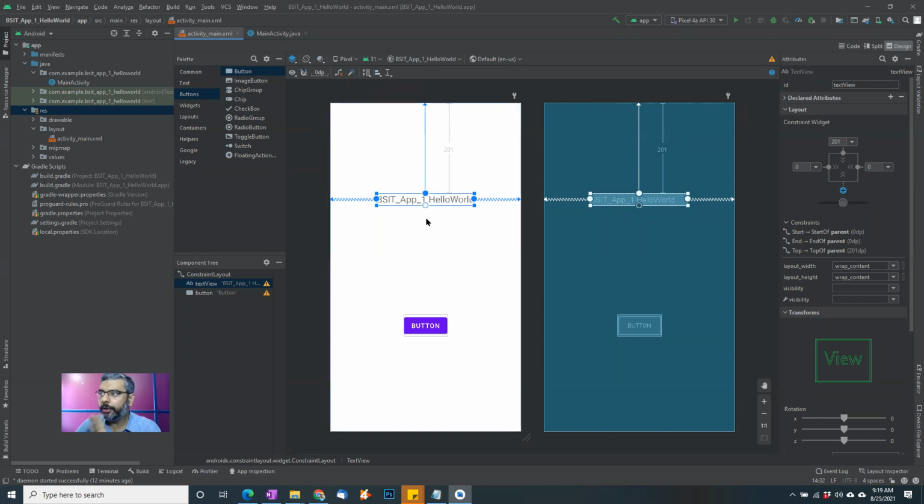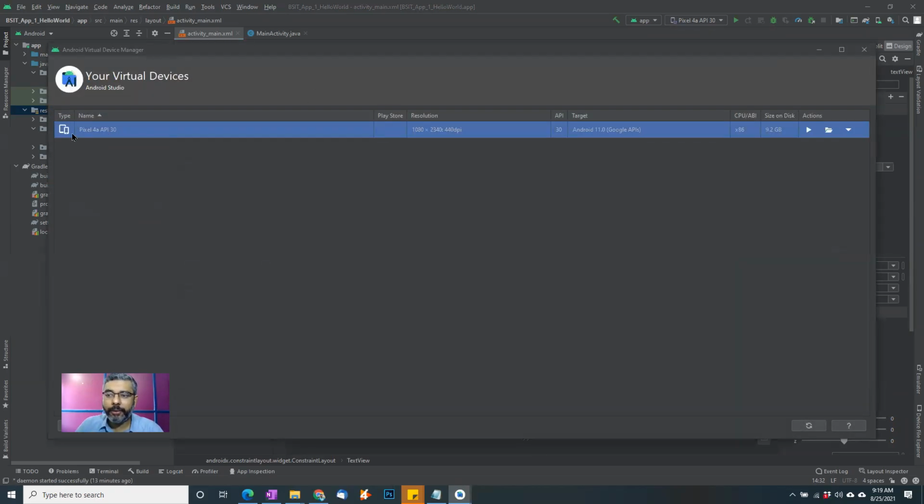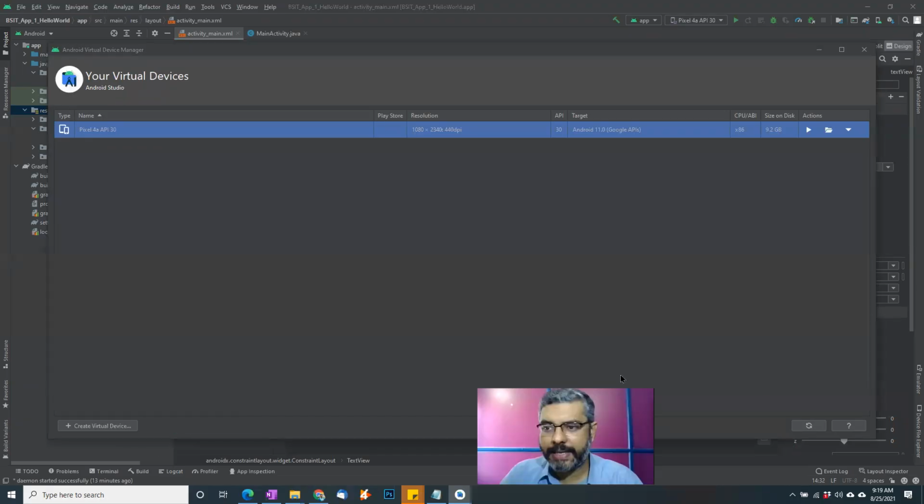Hope you follow through. So once this is done, now let's just run this application. In order to run this application, you need something called AVD manager. AVD is your mobile device simulator. You need to have that. So if you haven't installed it, you again need to install it. So I come into my AVD manager. It will say that I have already one device available, but you will find that it has something called create